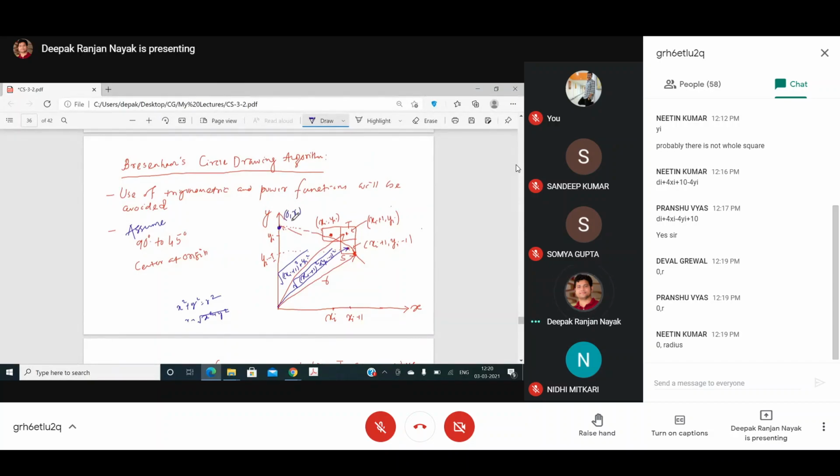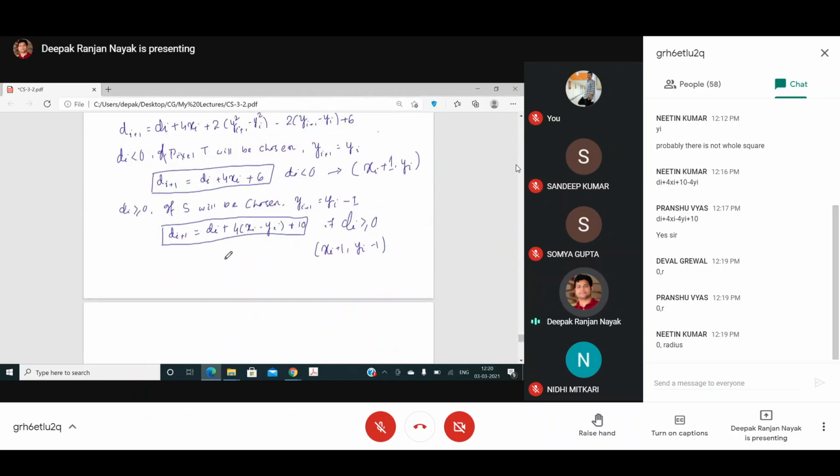So that means my base case will be calculated based on this only, because this will be the first point. You have to run and calculate the value till my x value is less than equal to y. Once my x value is greater than equal to y, that means the point will not lie in the first octant, rather it will be lying in the second octant. So what we want to find out is all the points from this point to this point that I can generate using Bresenham's circle drawing algorithm. That is what I'm trying to do here.